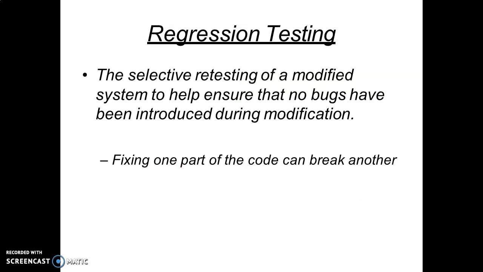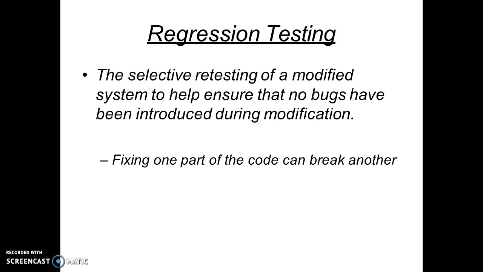Now, regression testing. What happens when we test some module? When we test some module, we find some errors, and those errors, with the reasons, we have to send back to the developers for correction. Now when the developer corrects those modules, it may happen that the modified part introduces some new errors. So what is the job of regression testing?